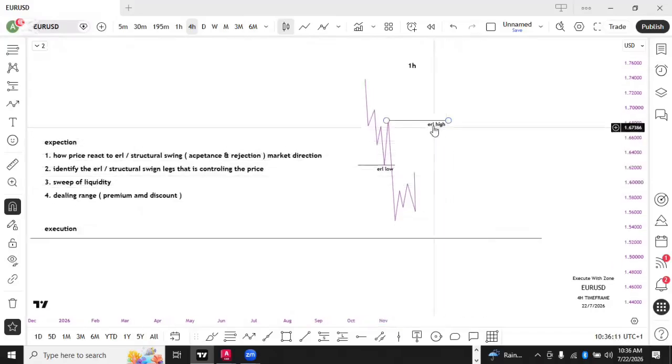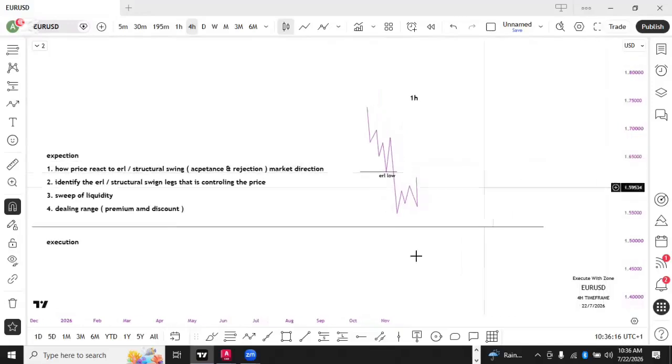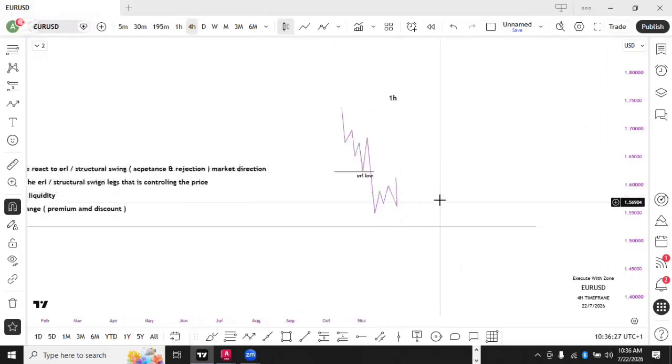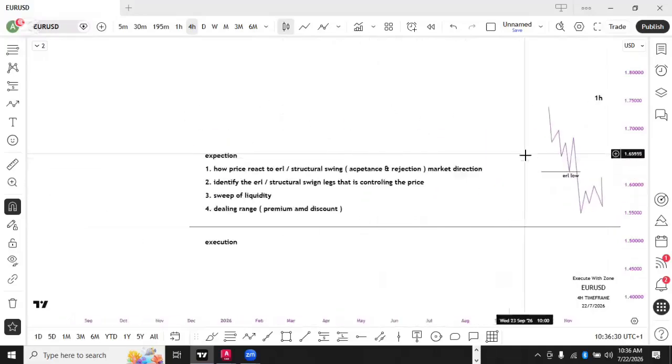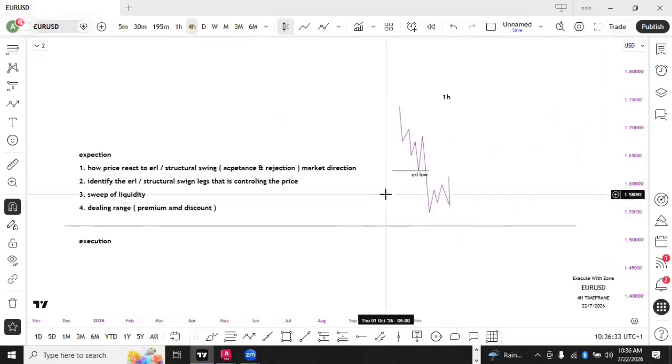When I come to the market, the first thing I do is I'm not interested in these internal structures. I first want to shrink the chart like this and see the larger move. If I'm able to see the larger move and I see that the market broke this structure to the downside,